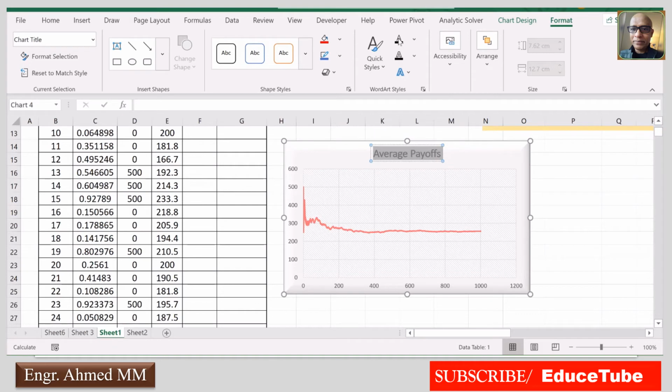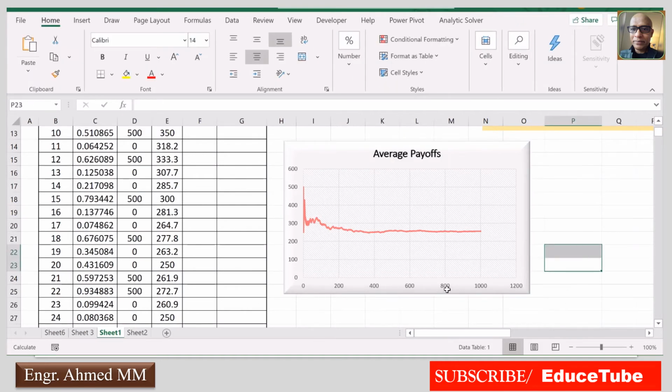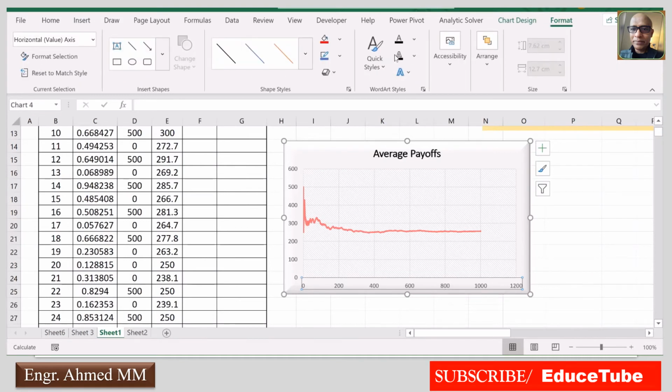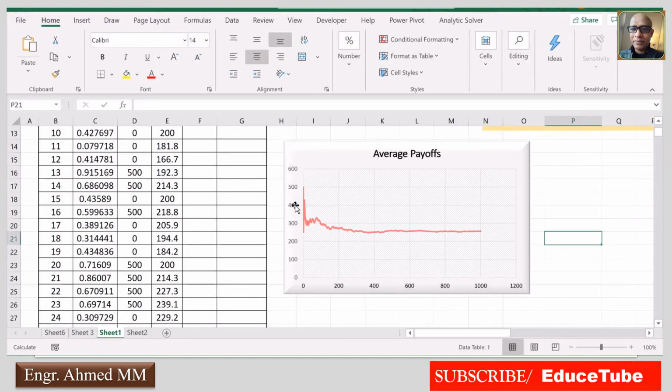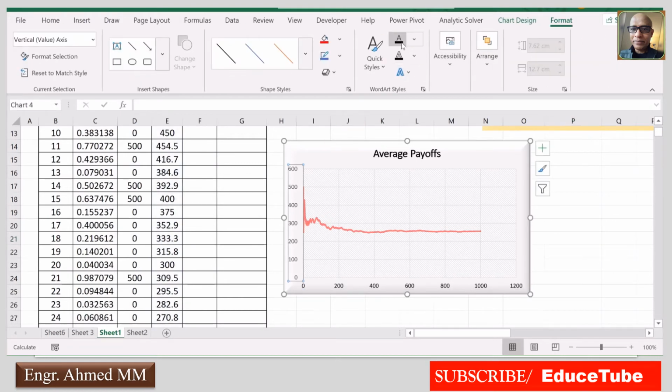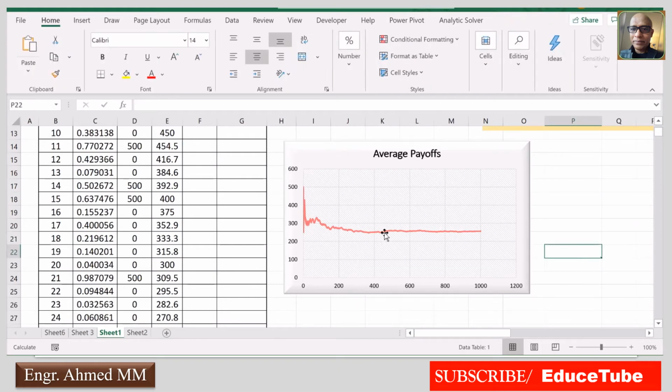So this is okay. This one I put more black, this font, so it will be black. This one also I can do more nicely, so it will be this. So look at the graph. This is our graph,